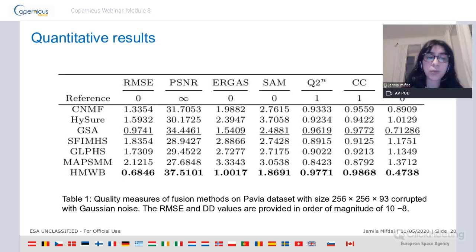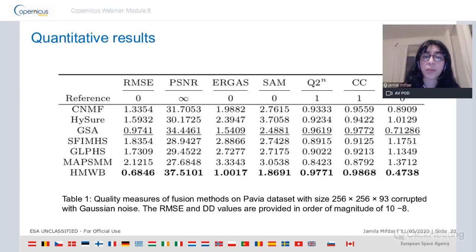And in order to compare objectively, we compared our method. So here it's HMWB, hyperspectral and multispectral Wasserstein barycenter, and we measured the performance of our method with many quantitative measures: RMSE, PSNR, ERGAS, SAM, Q2N, CC, and DD. So the PSNR is the peak signal to noise ratio. The ERGAS measures the overall quality of the fusion.